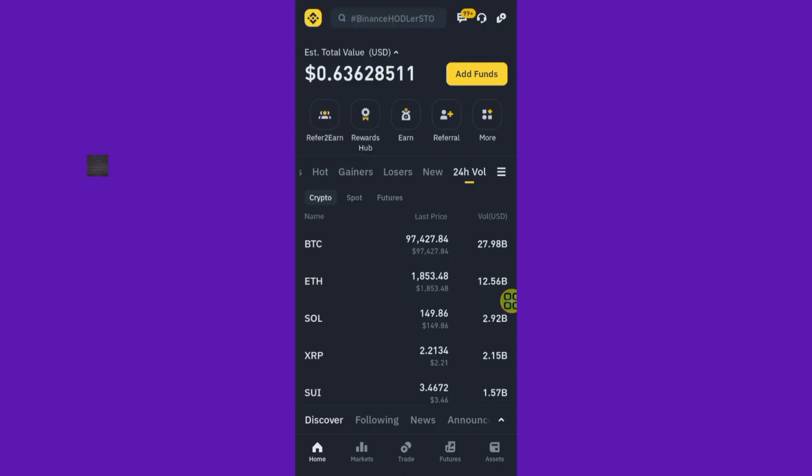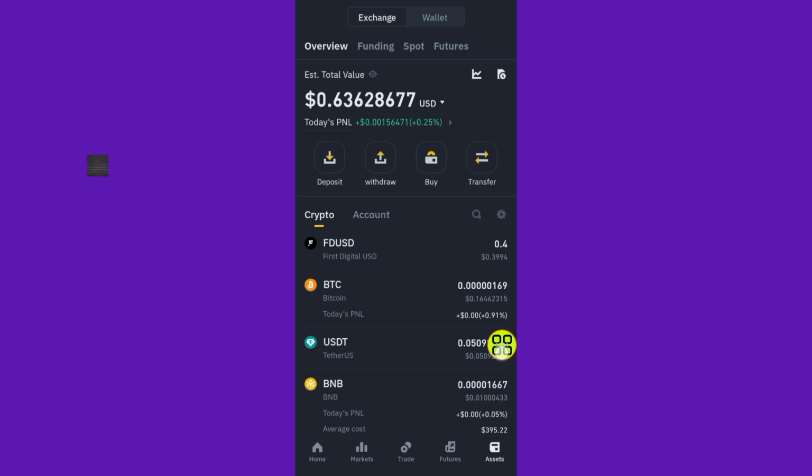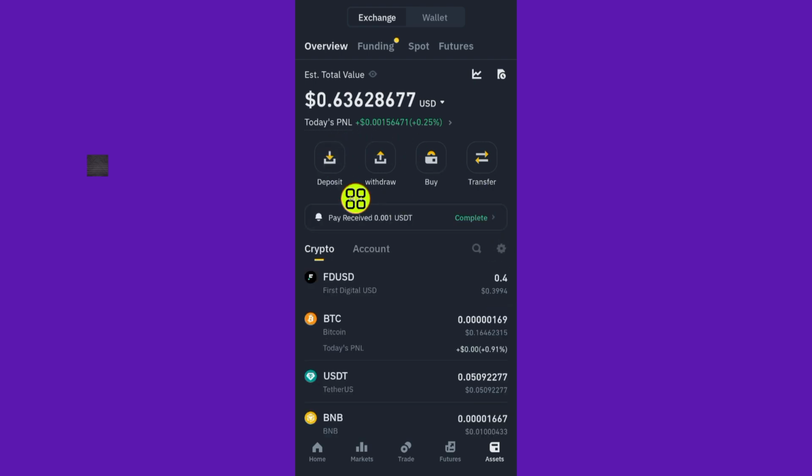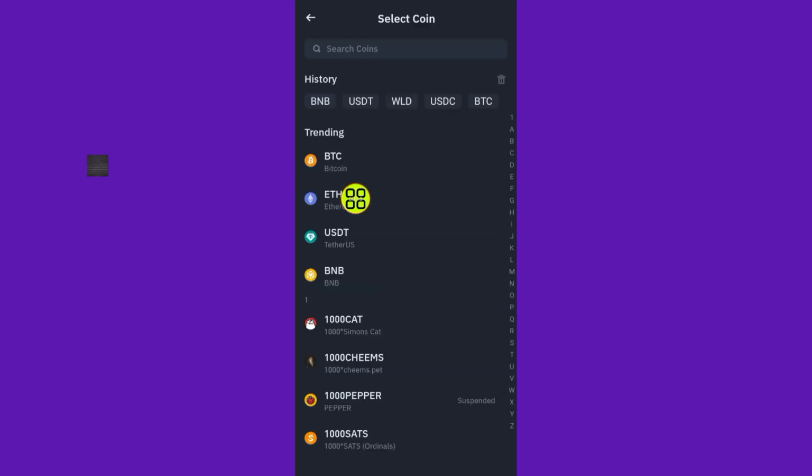So let me show you how to do transfer from Web3 to Binance. First of all, after you open up your Binance app like this, go to Assets at the bottom right side. After you come to Assets, tap on this Deposit button. So in the Binance Exchanger, after you come to this deposit, go and search for the coin you want